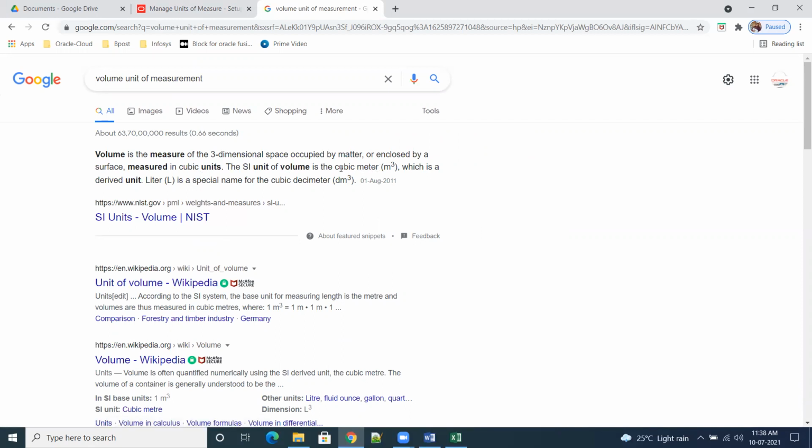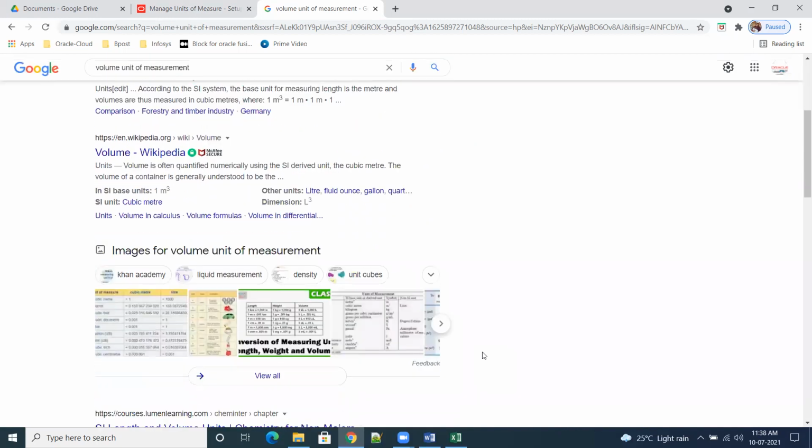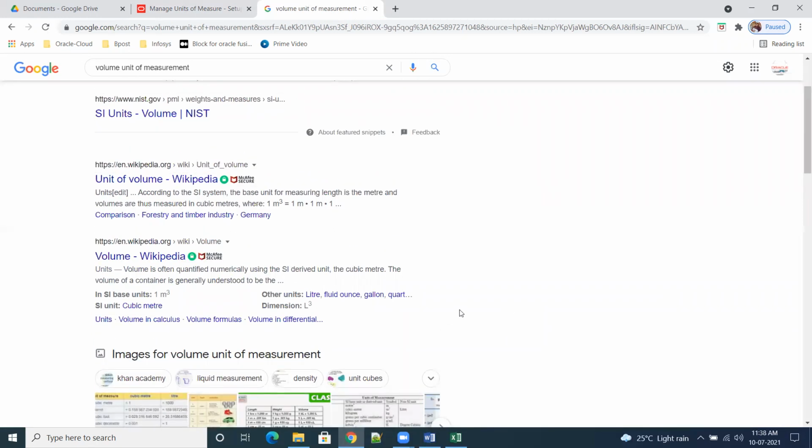Volume is the cubic volume. The SI unit of volume is the cubic meter. Do you have any idea for volume? How do they calculate the volumes? What is the measurement? Cubic meter I heard, and gallon also we can use for volume. Gallon, can we use it for volume? Measurement, no idea for me.